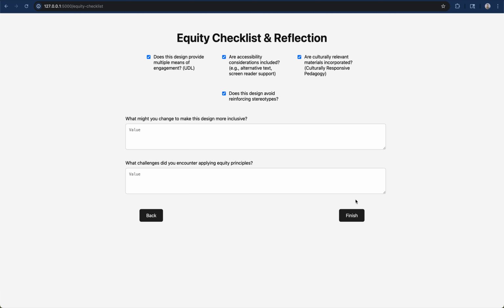Does this design provide multiple means of engagement? And that's just a binary yes or no question. Are accessibility considerations included? Same, it's just a binary yes or no question. Are culturally relevant materials incorporated? And lastly, does this design avoid reinforcing stereotypes? And all four of those questions are yes or no types of questions, and the last two are more